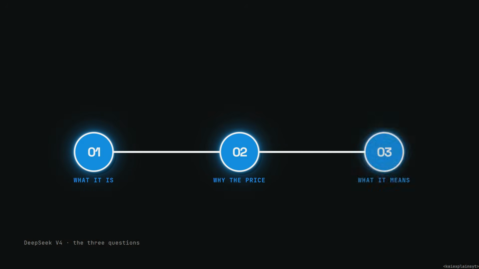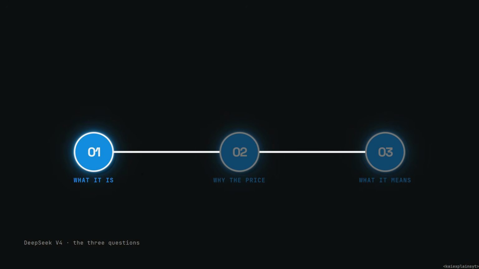So this video is about what DeepSeek V4 is, why the price isn't a mistake, and what it means for everyone else. I'll keep the technical parts readable, because I don't have a PhD either, and I still found this fascinating. Starting with what DeepSeek V4 is, and why the size matters, DeepSeek released V4 in late April 2026, alongside